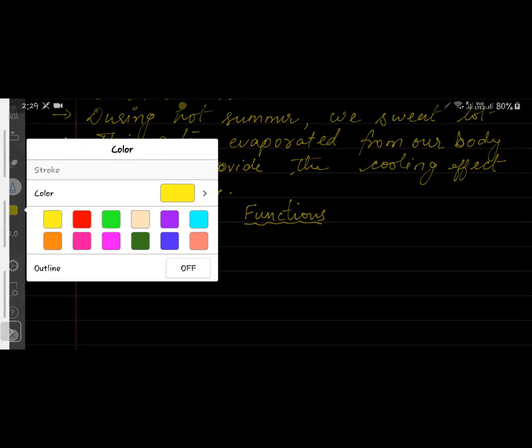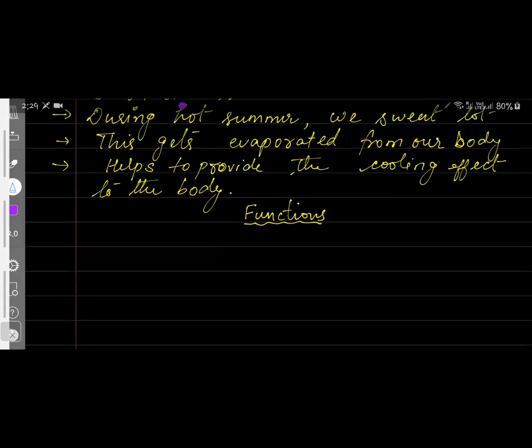Cornea in our eye, there is a cornea. When I teach about the eye, that time you will know. So there are two important functions. So we'll see the two functions. The first one is